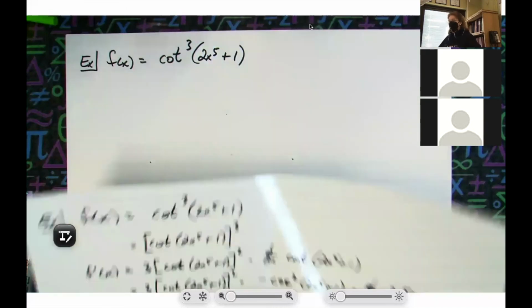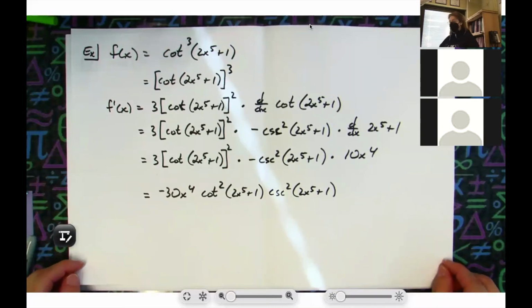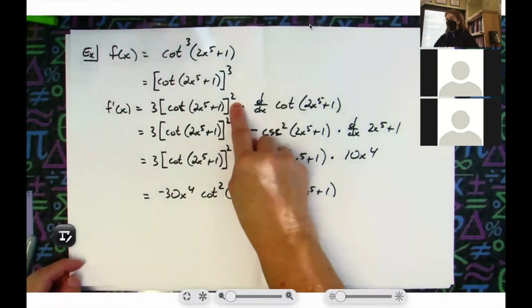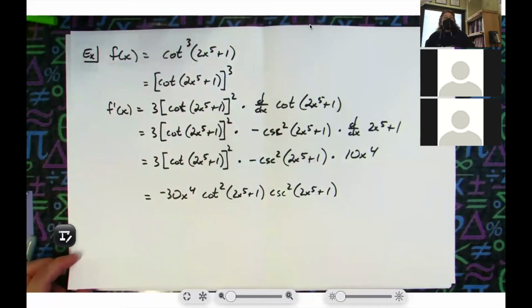Okay, here we go. I already had it worked out, so it'll say. So, negative 30x to the fourth. Cotangent squared over 2x to the fifth plus 1. Cosecant squared over 2x to the fifth plus 1. All right, anybody get it right? Yay, we have people get it right. That right there? Yeah, yeah. Okay, but you ought to be able to, if you are following and doing work like I am and showing